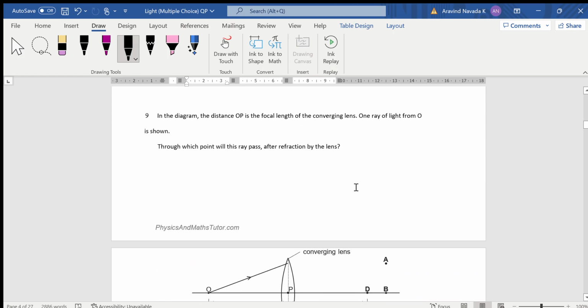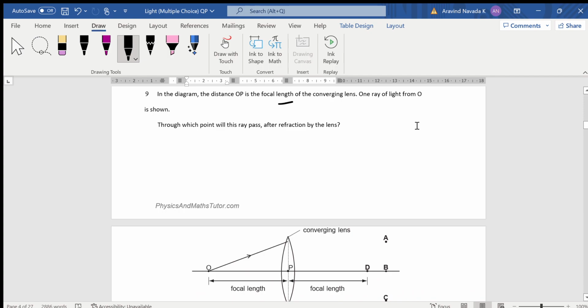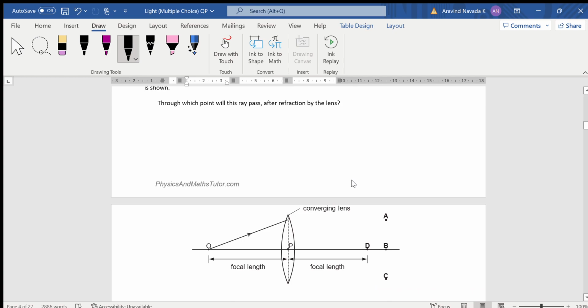Question number 9. In the diagram, the distance OP is the focal length of the converging lens. One ray of light from O is shown. To which point will this ray pass after refraction by the lens? It's the focal length, right? So what we're going to do is,